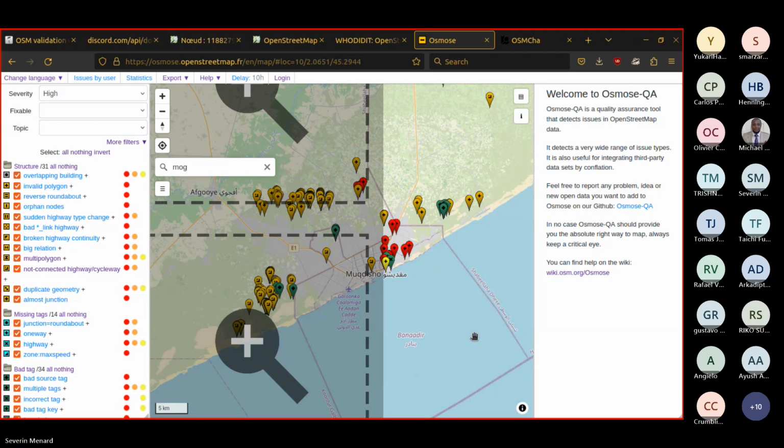The data, when you work on the tasking manager, you just monitor the people working with it. Anyone can actually map whenever they want over the area directly from the editor, and the data is uploaded the same way, just with a hashtag, but the same data.